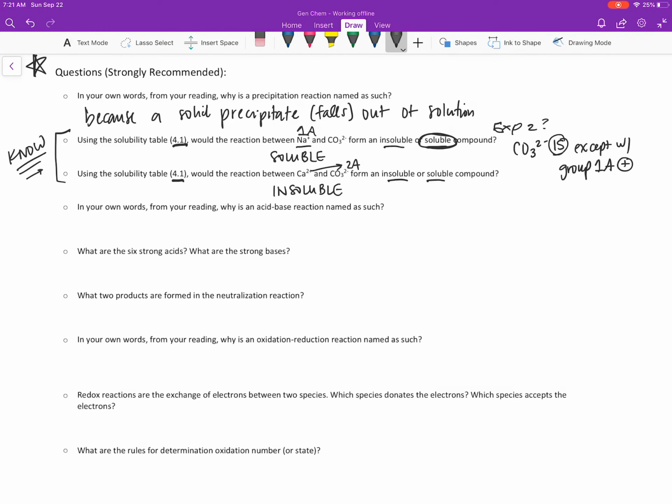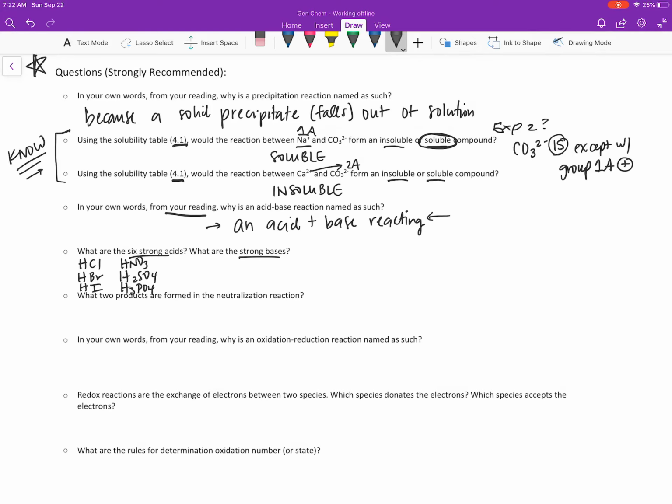All right, in your own words from your reading, why is an acid-base reaction named as such? I said the reason is that it is an acid plus a base reacting. So nice and simple. That is the definition, because that is who is reacting in this reaction. On that note, what are the 6 strong acids and what are strong bases? Our strong acids are HCl, HBr, HI, HNO3, H2SO4,